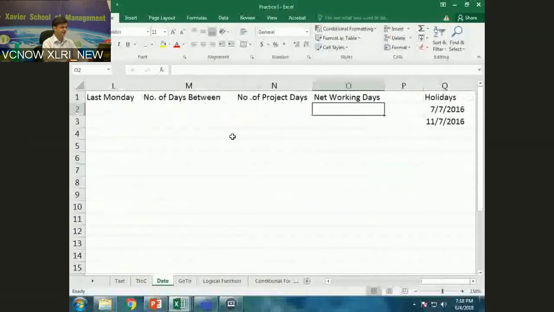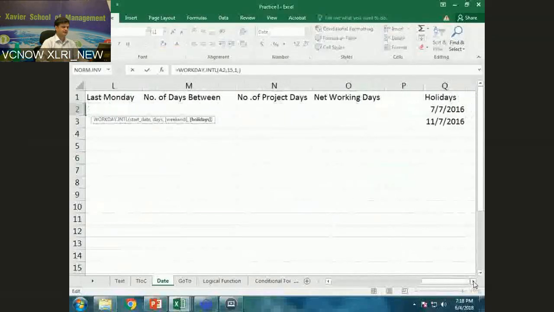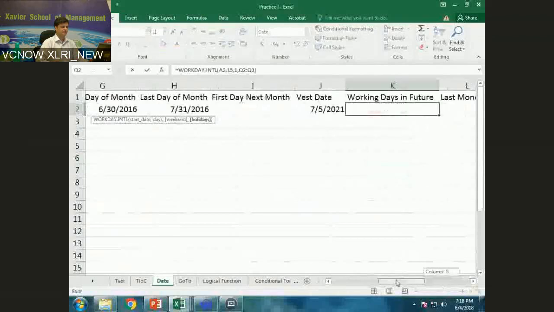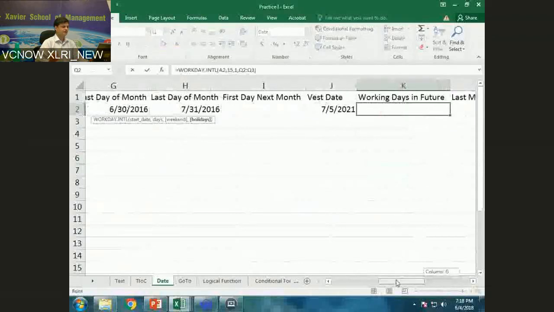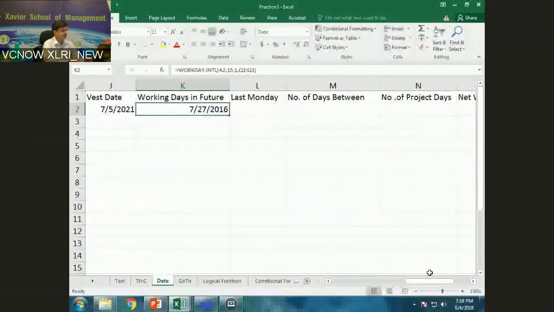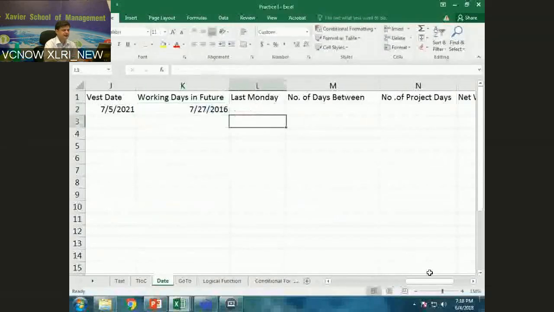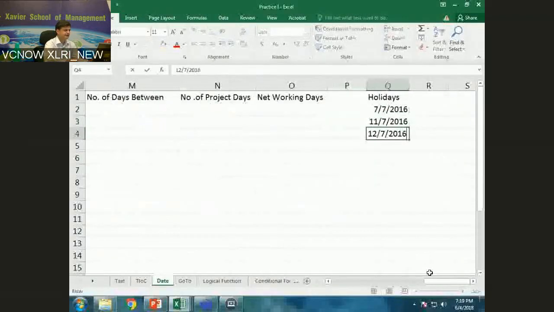Now, how do I work with these holidays? So I go back here, and here I say holidays, these 2, right? So Q2, Q3. Okay, Q2, Q3. And then I press enter, and now I get 27th as my 15 days after the working days. Now I can also do a Q2 to Q10 or something like that, in case I want to add holidays later on. And as you keep adding, for example, if you add 12/7/2016,